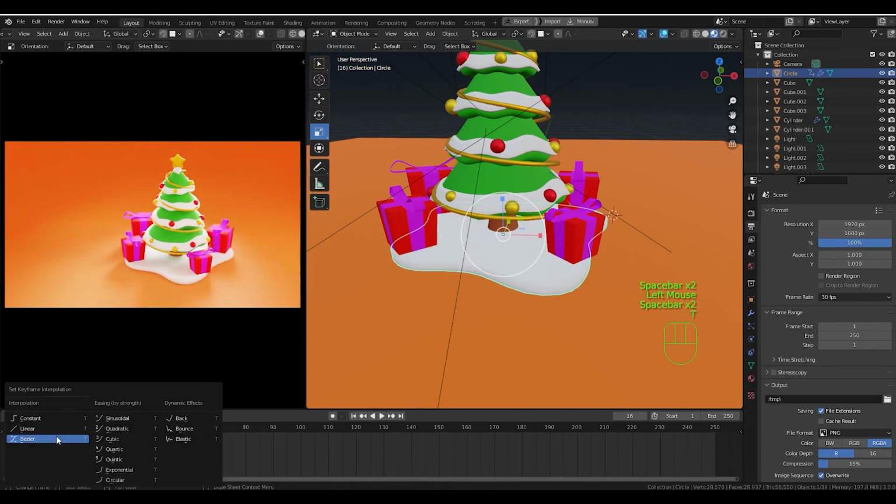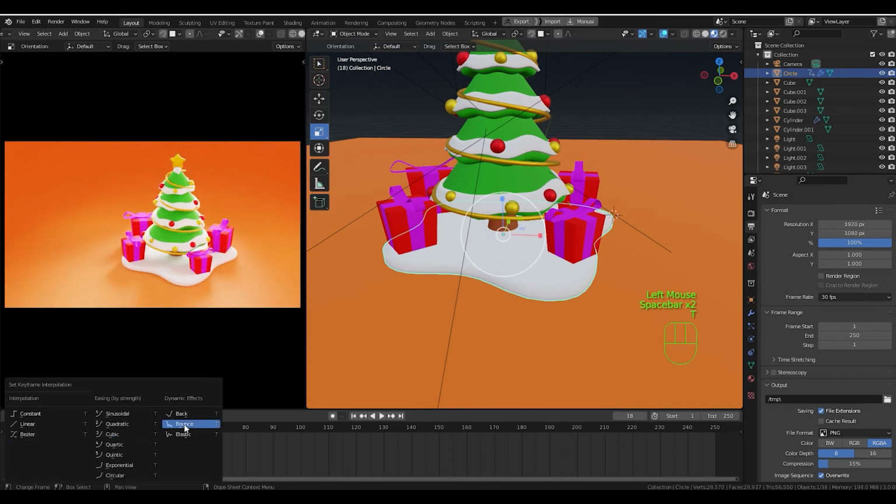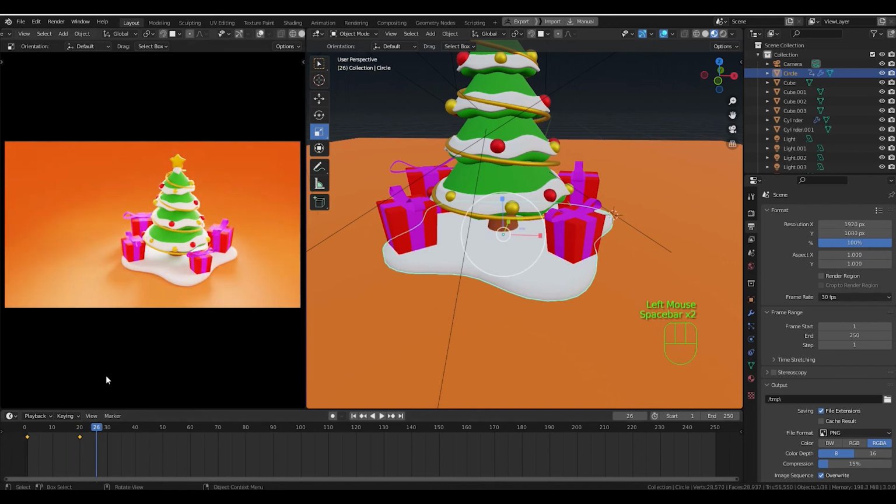Now you can try bounce, or you can try elastic. It works pretty well as well. Look. But in this case, I'm going to select bounce. I think it looks better. Bounce. See? Now from 0 to 20, the snow. And then right here,